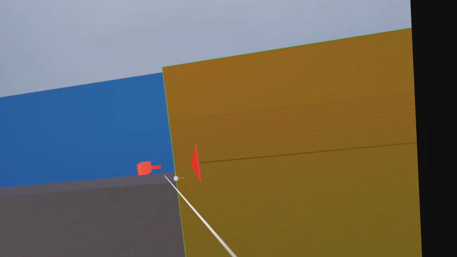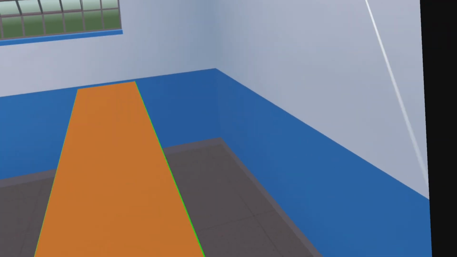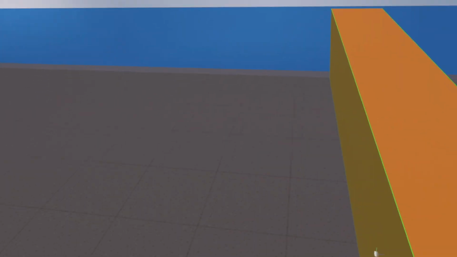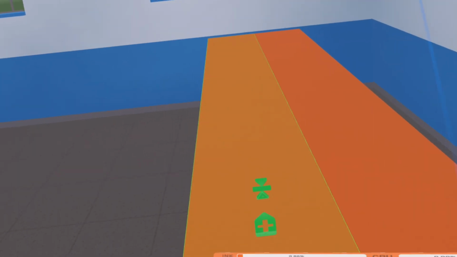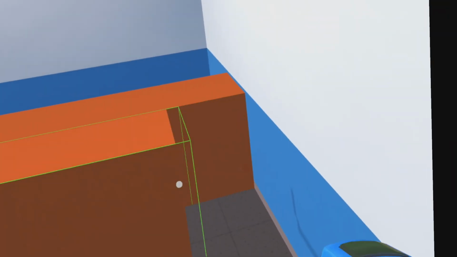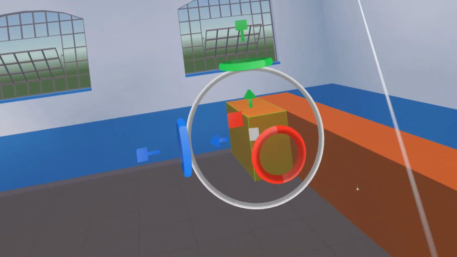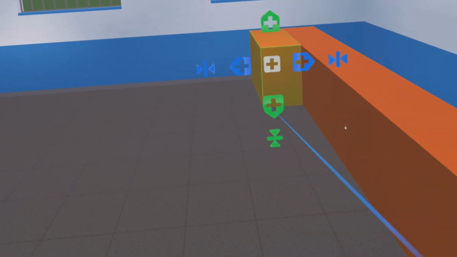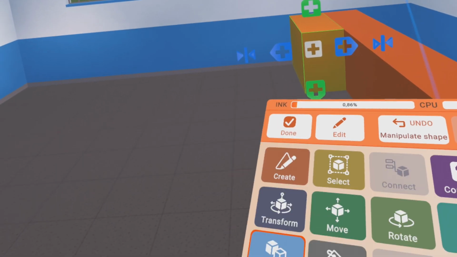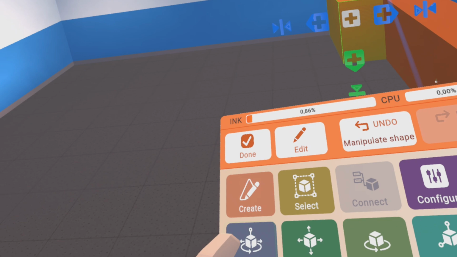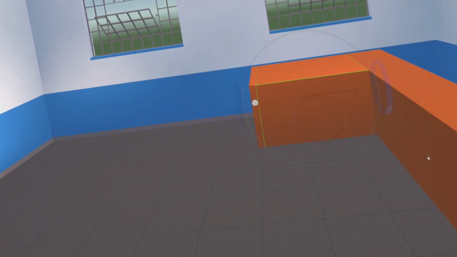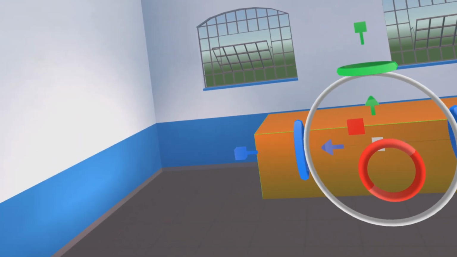And I can basically set this around my room. Use the clone and flip tool here to make